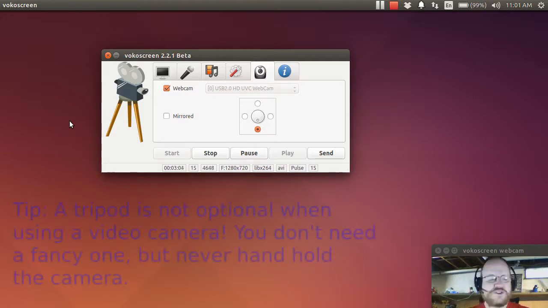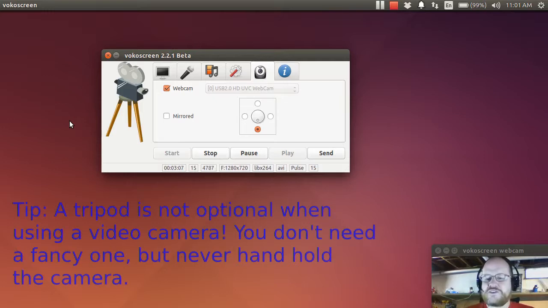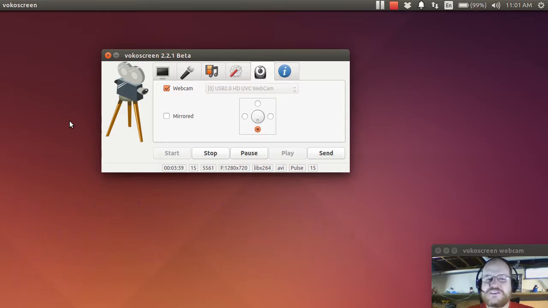Whatever you do, if you do get a video camera and you're going to video anything, buy a tripod. Doesn't have to be an awesome tripod, but get a tripod. Never hand shoot any of these videos. You will be sorry if you did that. Yes, some of the more expensive cameras claim that they will steady your shaky hand, but nothing beats a tripod. And again, if you buy a tripod, you can get away with buying the cheap camera that doesn't have those